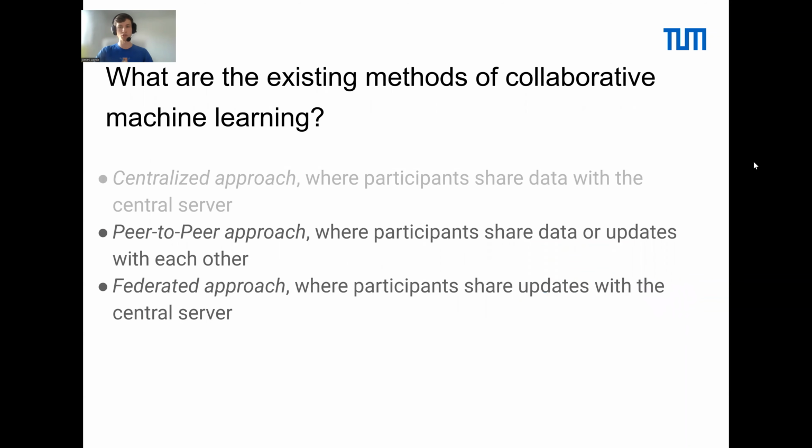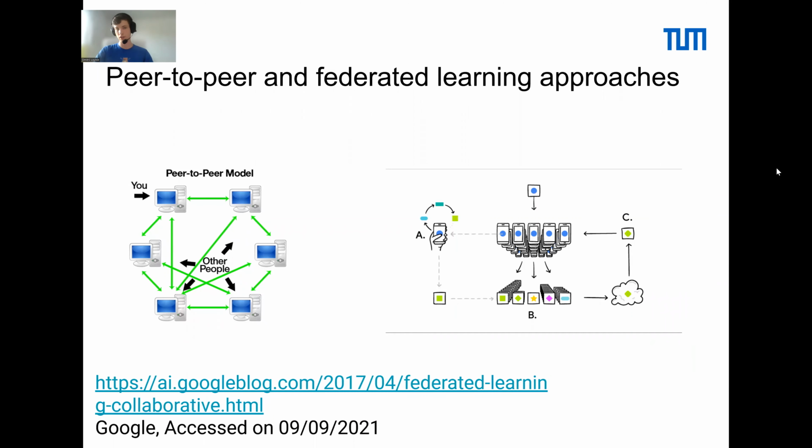As a result, two approaches were proposed that are both decentralized, so the peer-to-peer learning approach and the federated learning approach. The idea here is that the data never leaves the local device. All the learning is performed locally, and any of the results of the computation are shared. In terms of peer-to-peer models, this happens with all the other participants. So your model gets sent to all the other participants in this kind of direction. But in federated learning, there is a single centralized server that does all the aggregation and that performs all the further processing of the results of the computation.